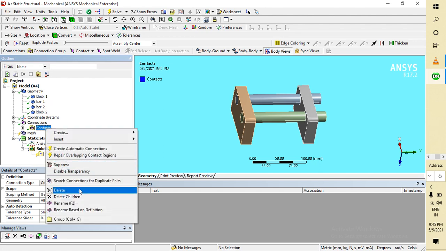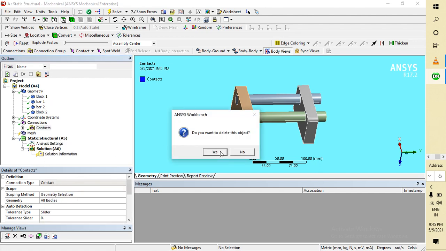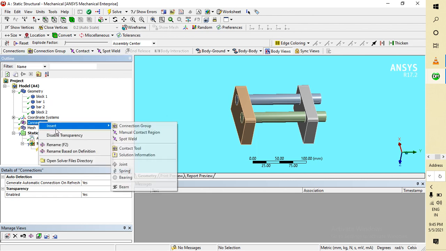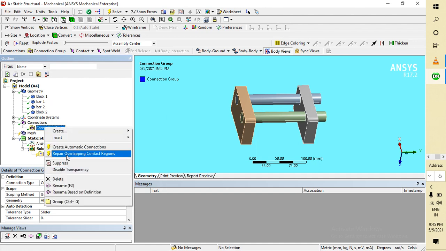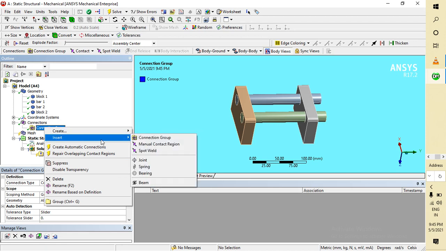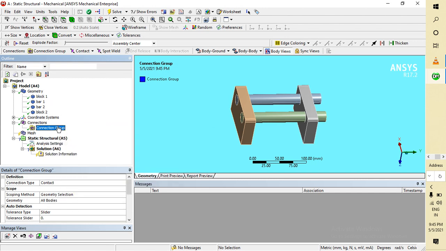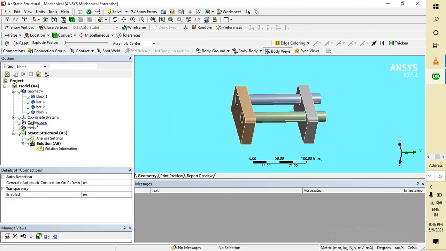First of all, you have to delete this automatic contact, and then insert a connection group, repair contact, insert. I'll show you one thing: if you delete this by mistake, I already told you in my previous video how to make the automatic connection again after deleting it in ANSYS.